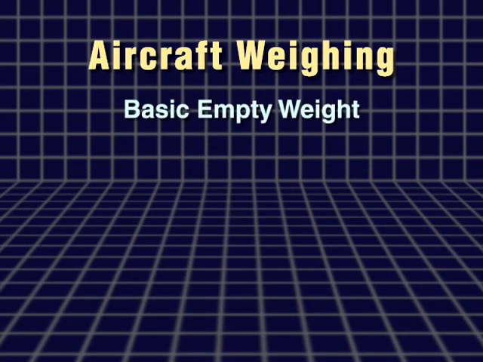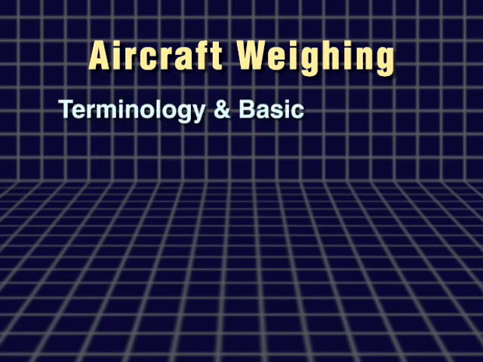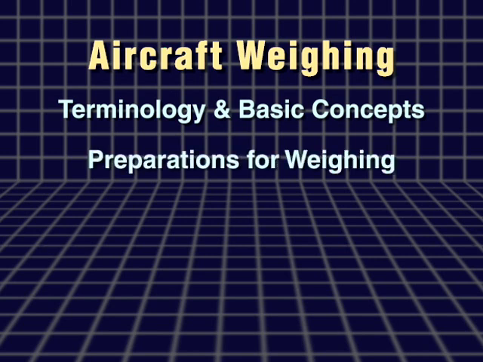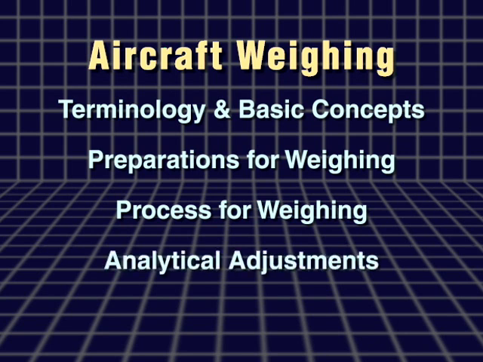Airplane operations use the actual weight of the aircraft. This is the weight of items such as fuel, crew, catering, passengers, baggage, and cargo added to the basic empty weight of an airplane. CG during operations is the result of the distribution of that additional weight on the basic empty weight CG. This program will show the Boeing recommended procedure for weighing an airplane to obtain accurate basic empty weight,